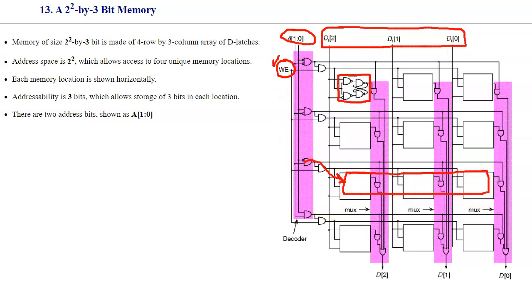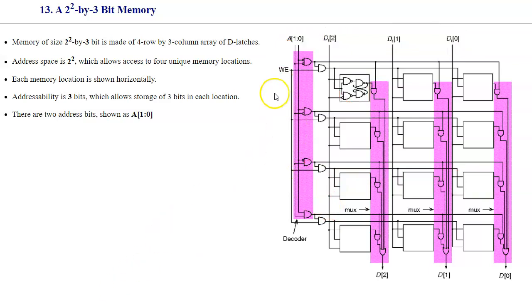When write enable is off, we can specify the address, again pass it through the decoder, and this time we will be able to activate a specific location and read this information to these outputs right here,